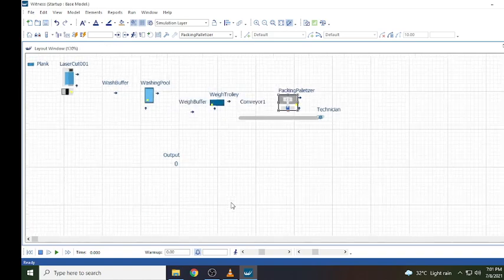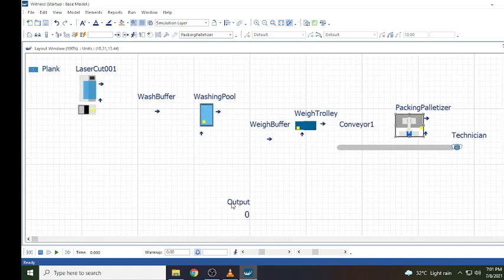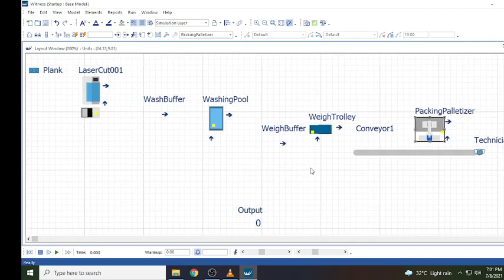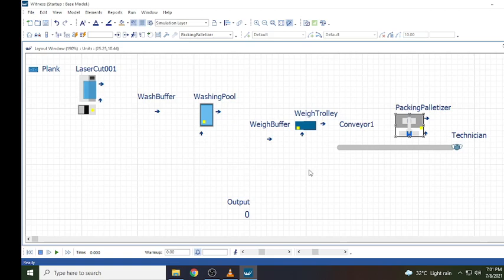So we have all the elements with us. I'm zooming in by using control and the mouse. We have entered all the data. Let me arrange all this properly. How? I will select the whole plank and drag it here just to have a proper view.